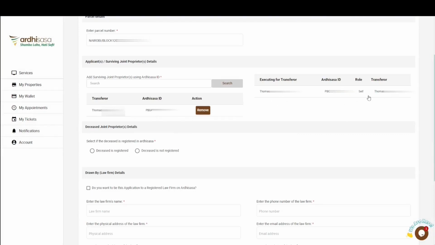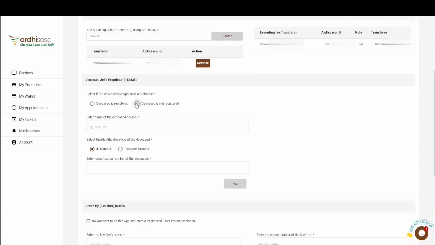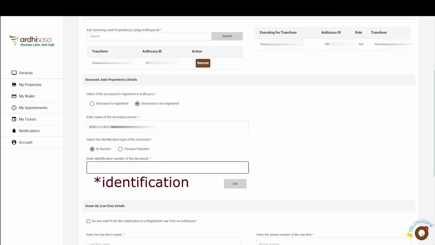Upon doing so, the name of the proprietor, as well as the person executing on behalf of the proprietor, will be listed. You'll then be required to select the ArdhiSasa registration status of the deceased proprietor. That is, whether he or she was registered on the platform or not. If the latter is true, you'll select the second option, where you'll key in the name of the deceased person, then select the identification type, then enter the ArdhiSasa ID or passport number of the deceased and click on the